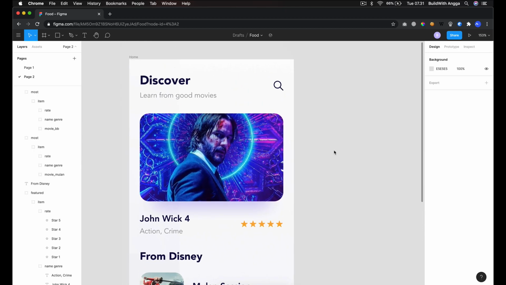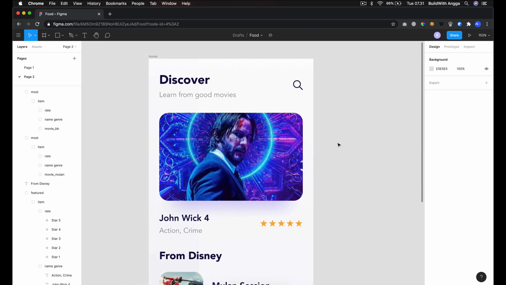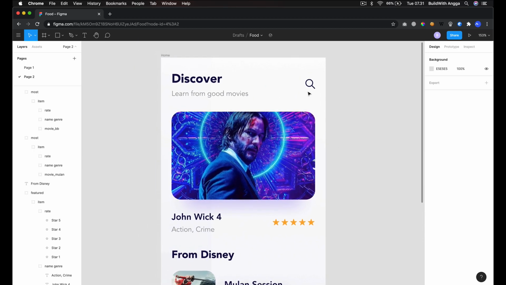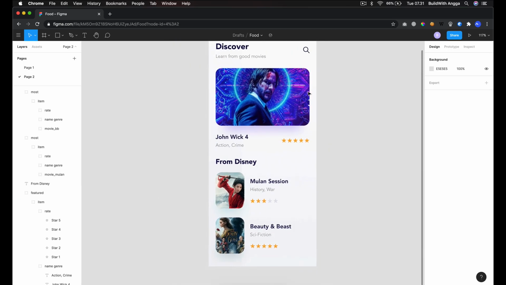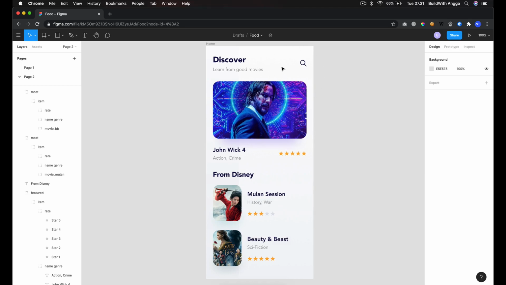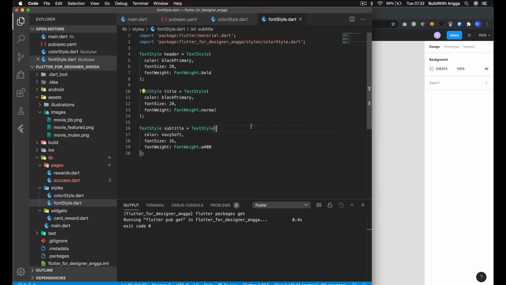So this is the design that we're going to convert into Flutter development for iOS and Android. Make sure you download this asset first in the video description below. If you take a look at my font style, I already prepared it for you, so you just need to follow this.